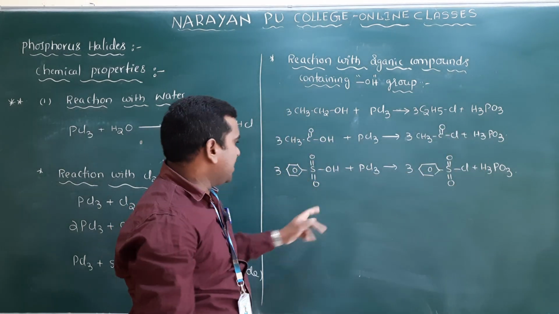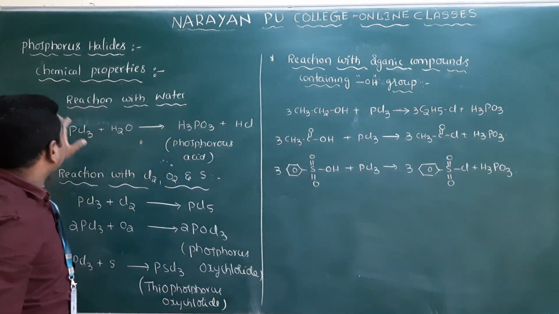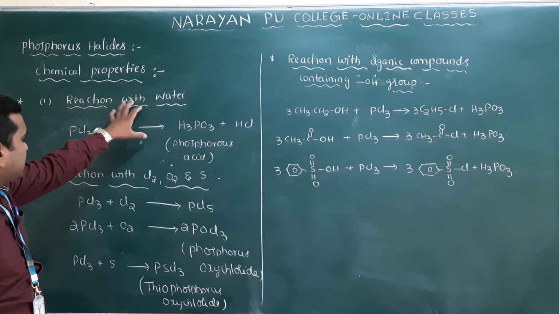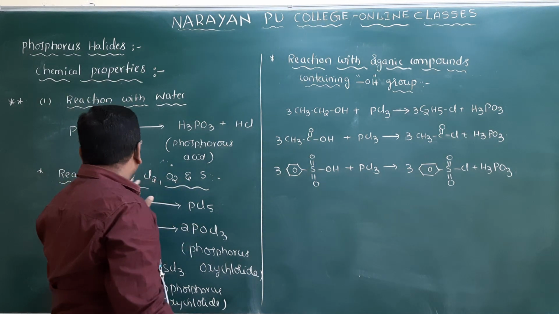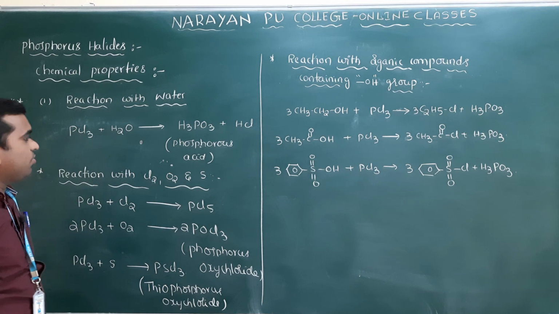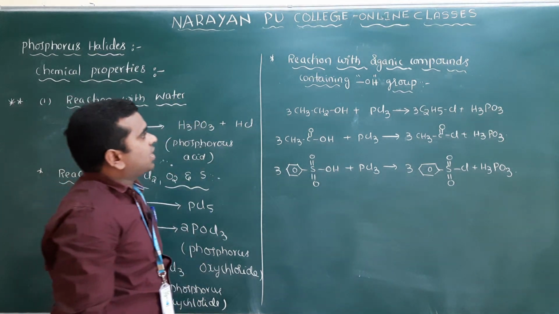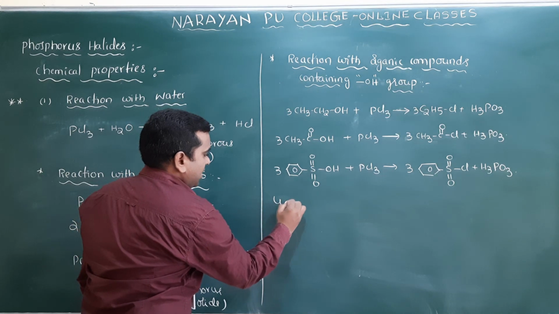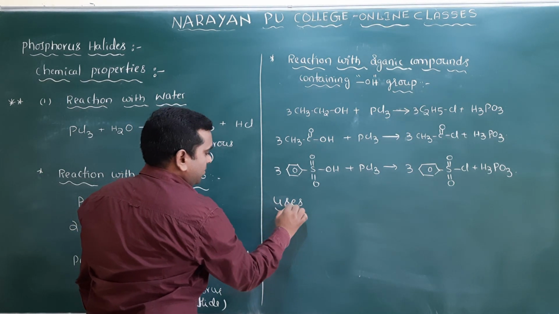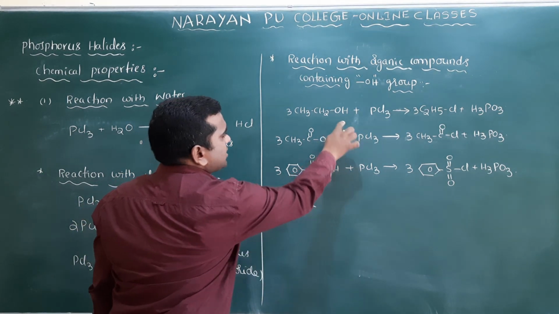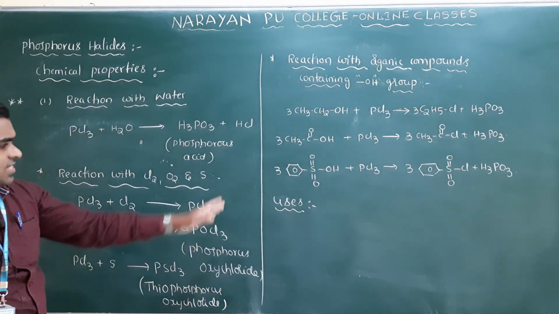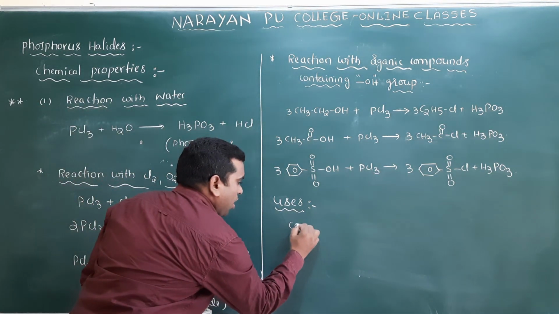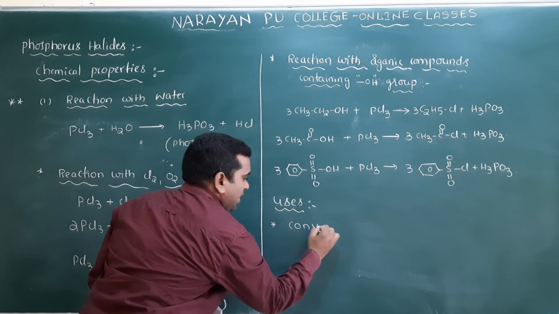So this is what it is: reactions of PCl3. Reaction with water, reaction with chlorine, oxygen and sulfur, and reaction with organic compounds containing OH group. And the last one is uses. What is the main use? Main use of this PCl3 is conversion of